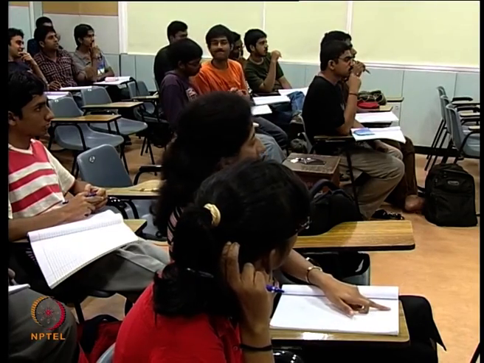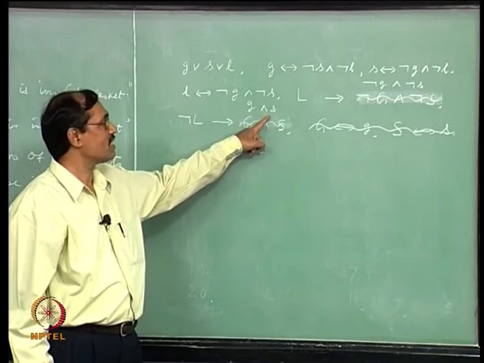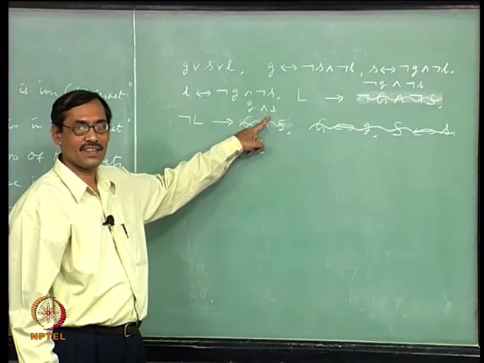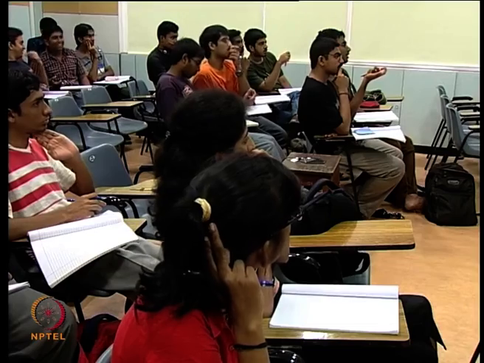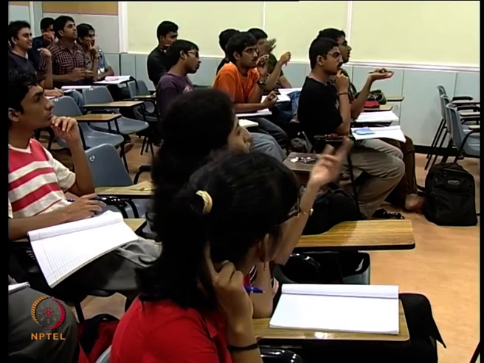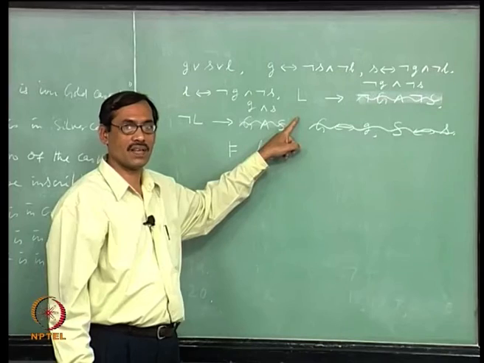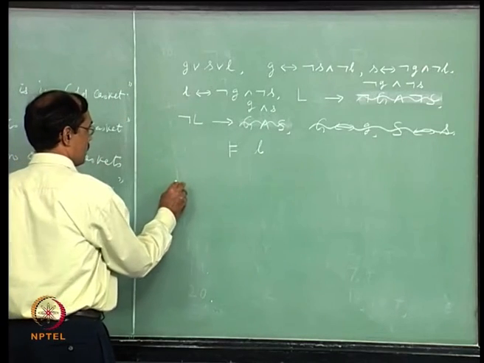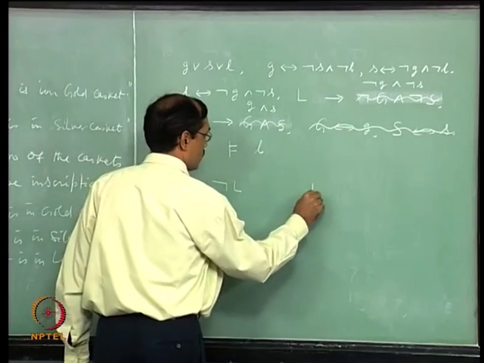No, do not use that. You go the other way. Not L gives G and S, right? Now G and S gives, directly, not small s itself, so it is a contradiction. G and S gives not S. G implies not S. So not S and S are not possible by RA, that gives the contradiction. Is it okay? So it is L. Is it okay? So now where should we start? Okay, not L. So deduction theorem begins.